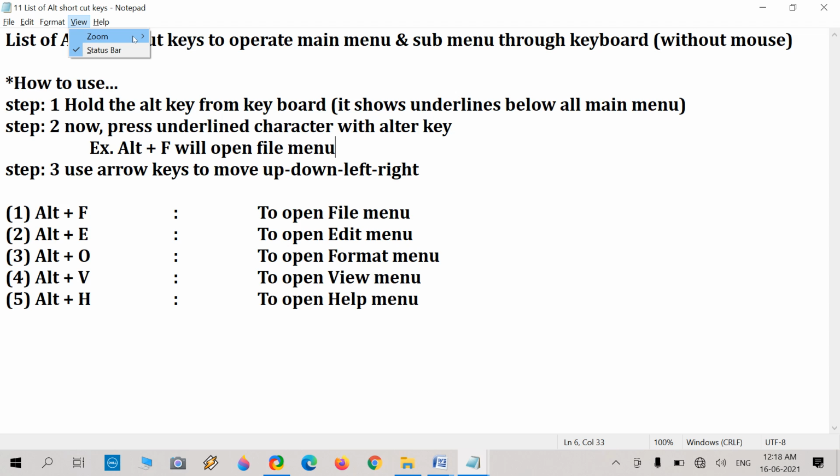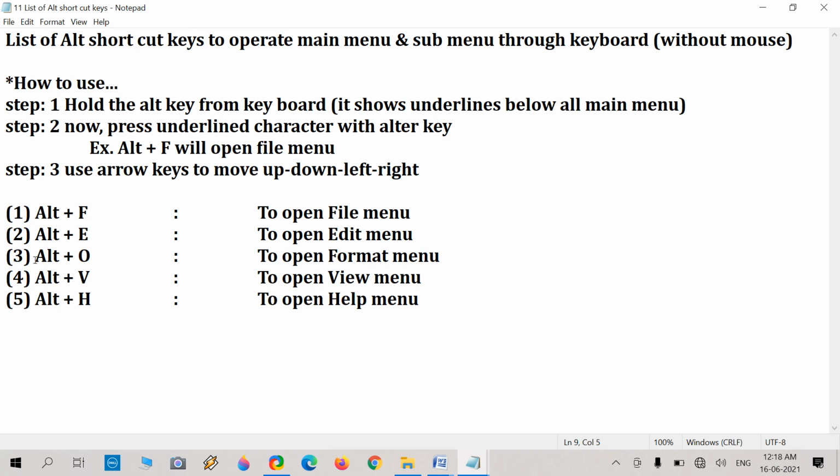Then press up to move up. Okay. Press ESC, escape, to quit, and press Alt with H. It will open help, and press up and down to move up and down in the sub menu of help. Press the escape key again. Okay. So remember all this.